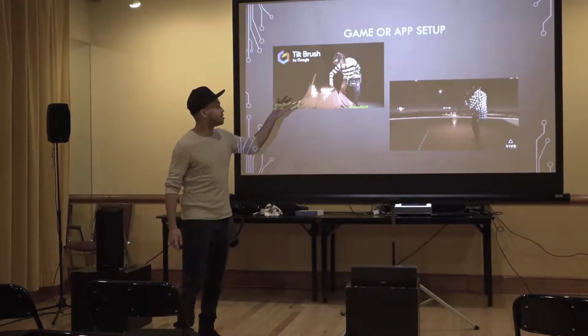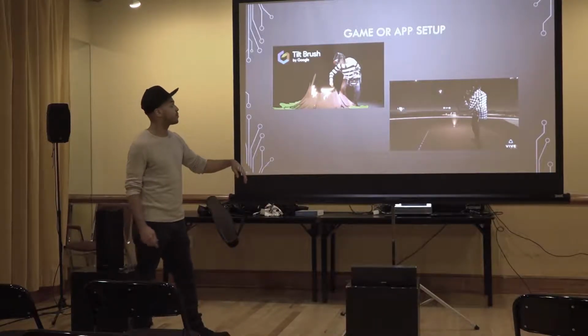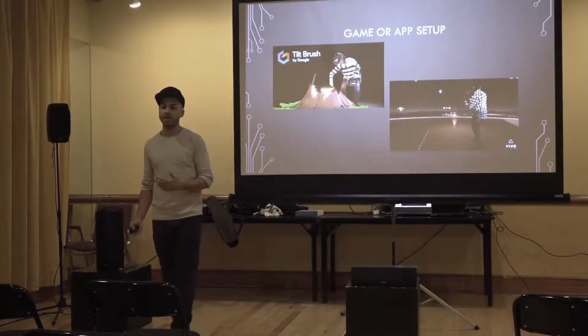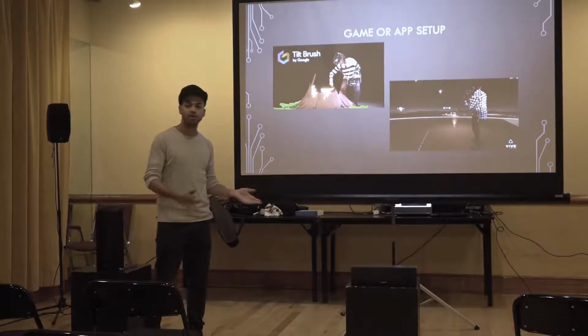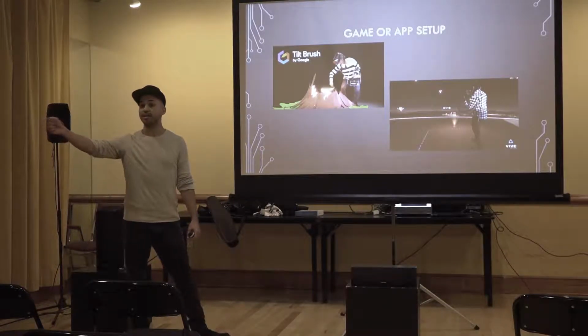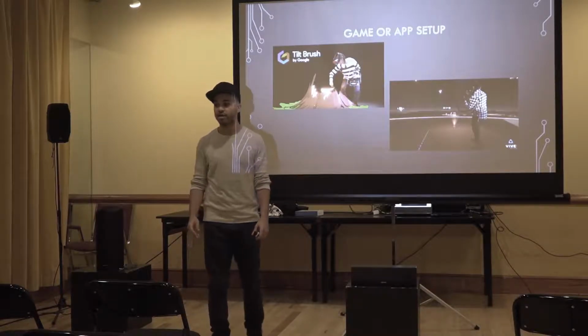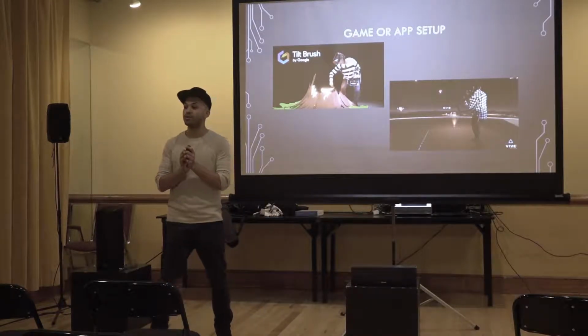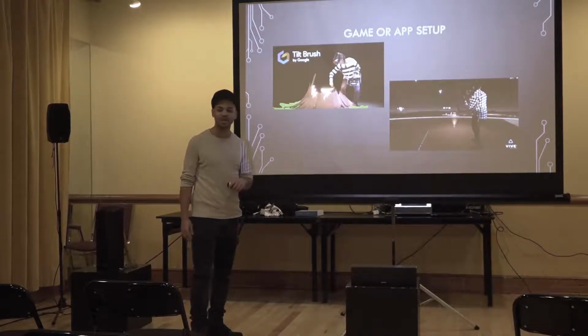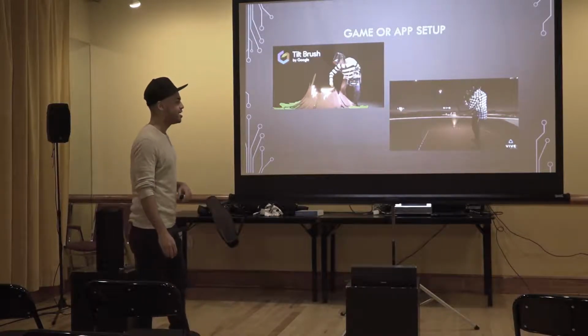And then, as I said, it depends on the game or app setup. So TiltBrush actually allows you to do mixed reality fairly easily. They have a built-in third virtual camera. So literally you would just take it and place it in the same area where your physical camera is, and then you can sync up that view. Obviously there does take a little bit of tweaking, but I'll get into that in a second.